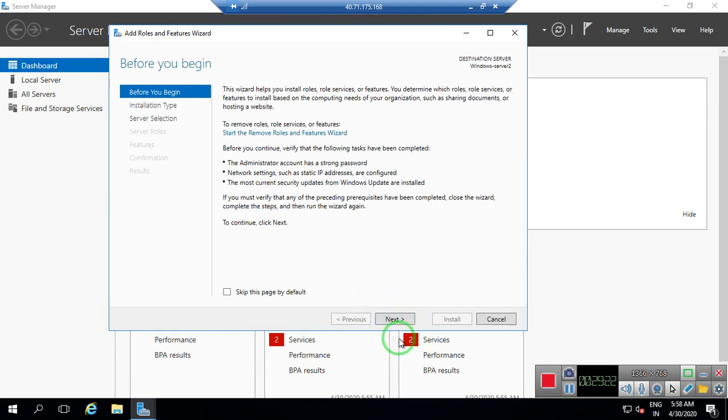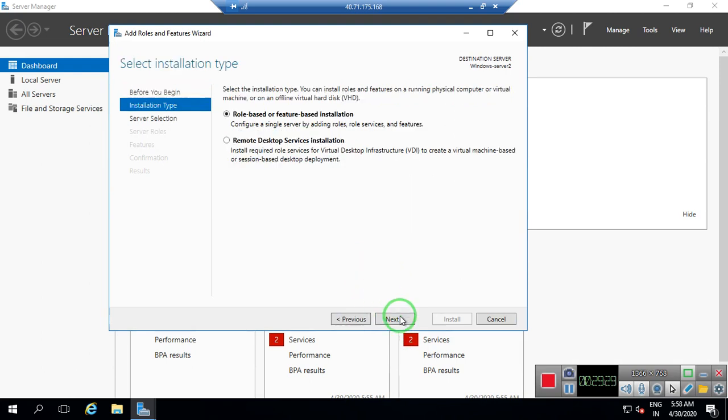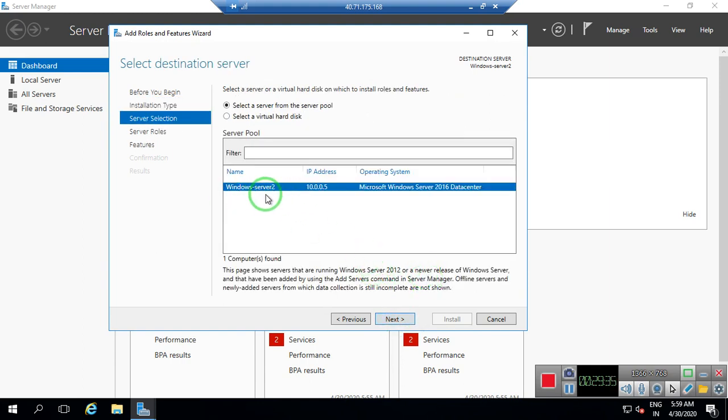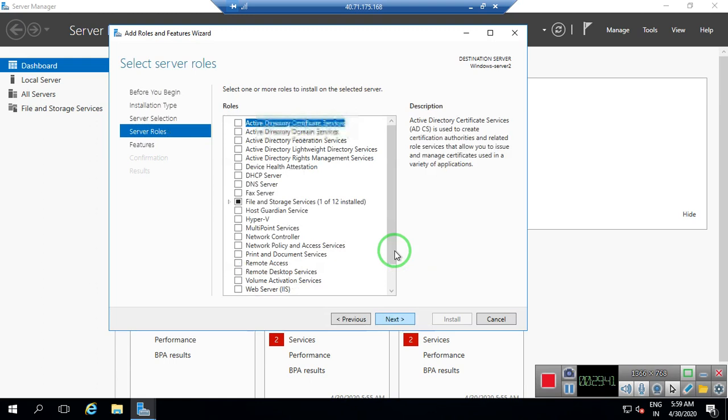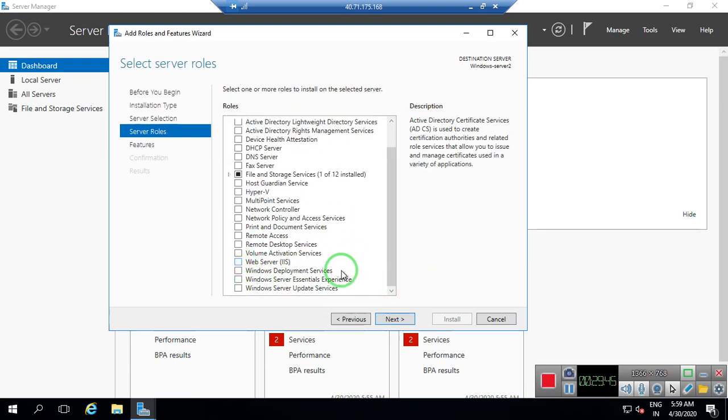Because I already told you that the servers are slow, so have patience when you work on servers. Click on next, have patience. Okay, now we have Windows Server 2, IP address is 10.0.0.5. Click on next now. Now I choose the same web server over there also.